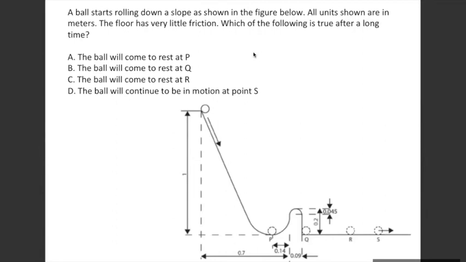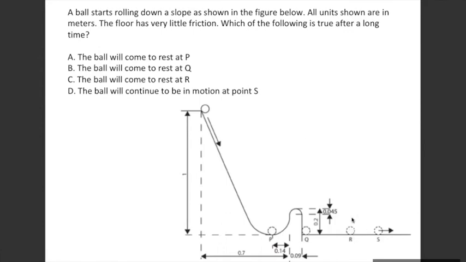And what it also means is the option A is correct, where the ball will come to rest at P. That's what somebody is suggesting. Does anybody want to give their opinion besides this? Will it rest at R? At R, okay. Another opinion that it will jump and it will rest at R.